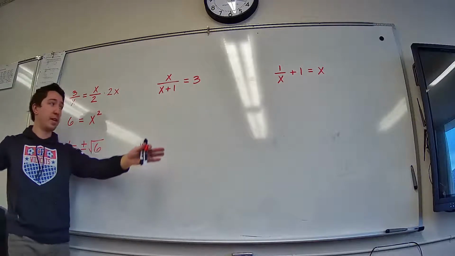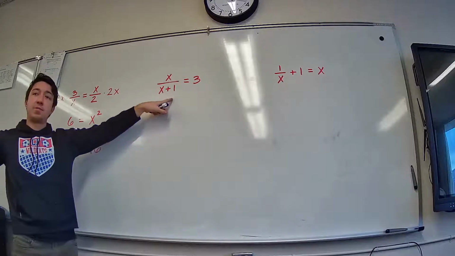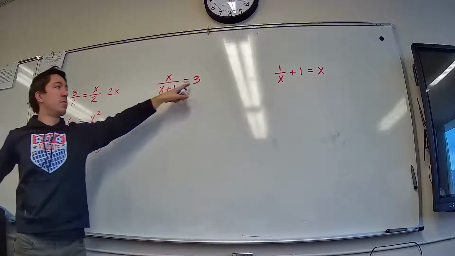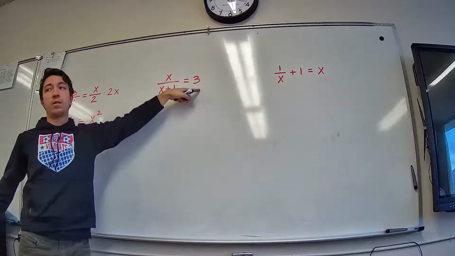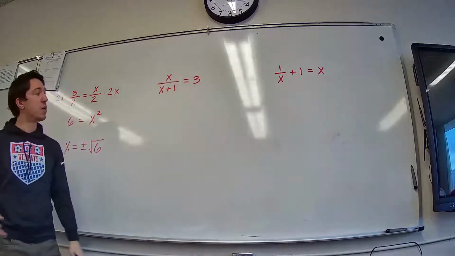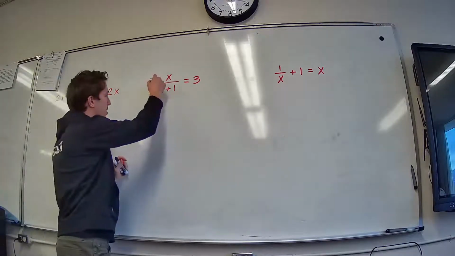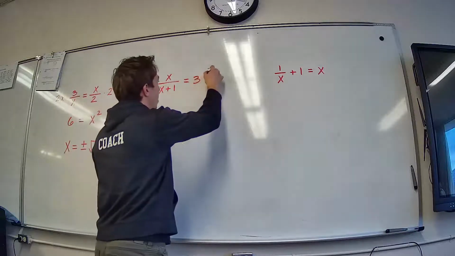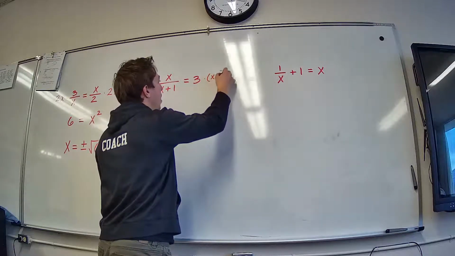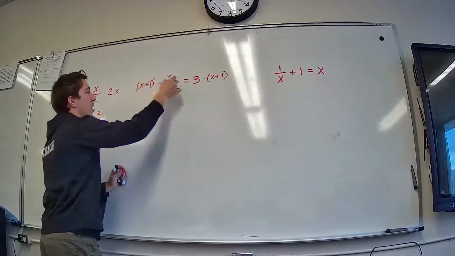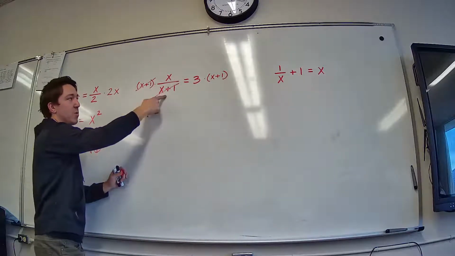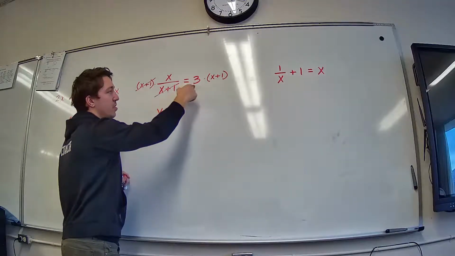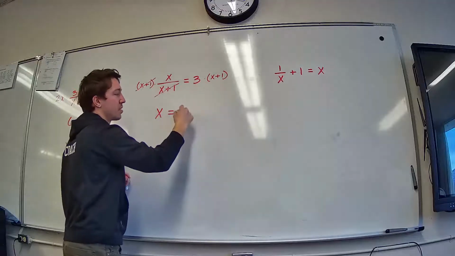Someone in the last class pointed out that with this one, you could think of it like cross multiplication if you wanted to. You could think of this as x over x plus 1 equals 3 over 1. That's an option. And then cross multiply. I like what Alyssa said, which is to multiply both sides by the quantity x plus 1. x plus 1 divided by x plus 1 makes 1, so the left side just has x. And the right side is 3 times x plus 1, which gives us